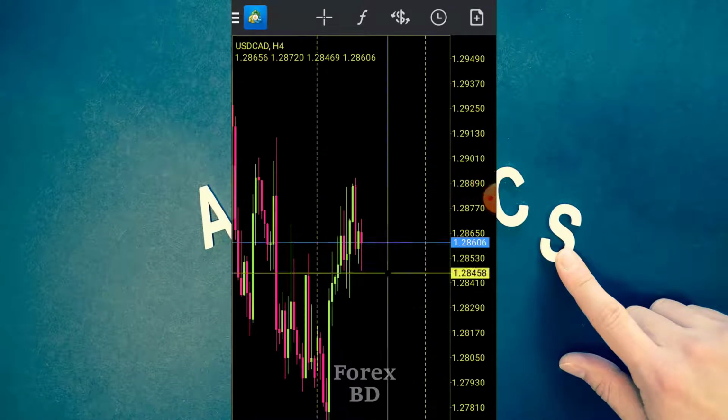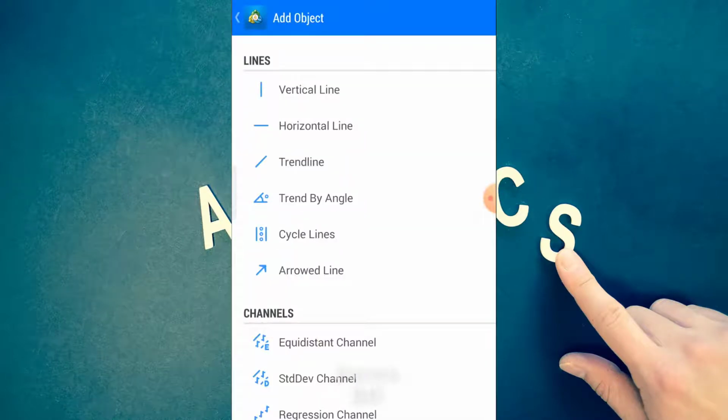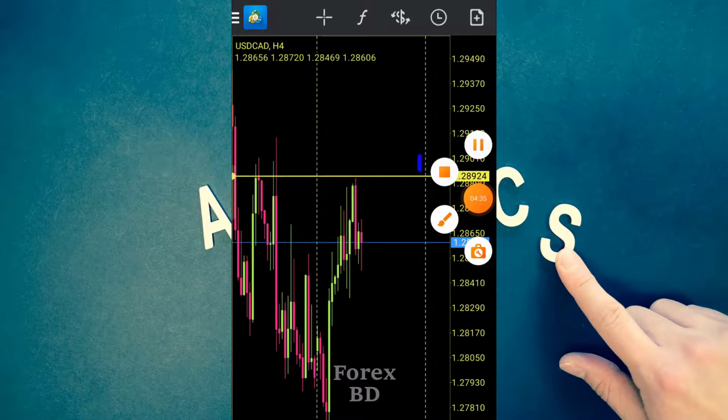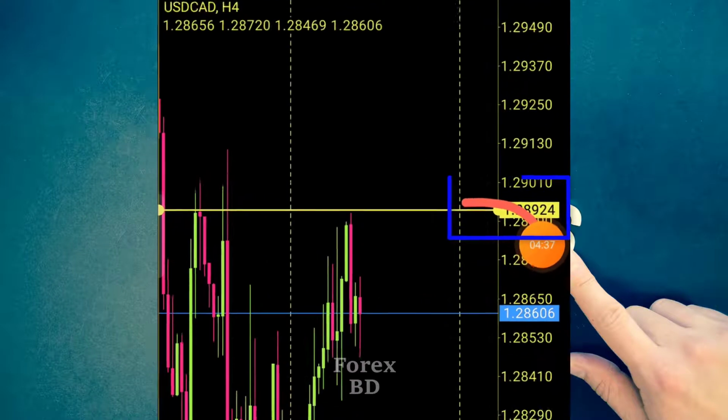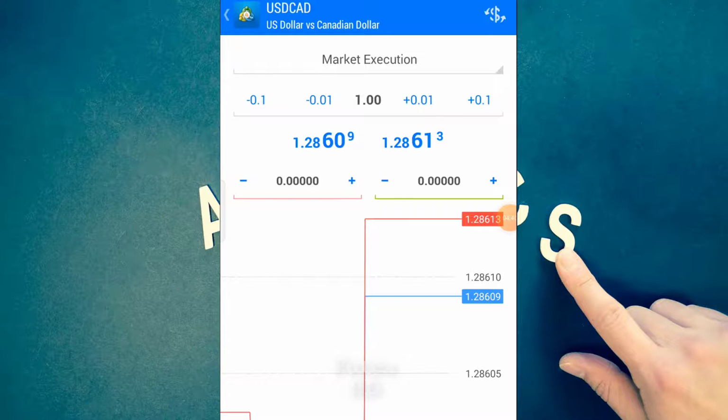In one entry, we show you how to use it and set up SL and TP. Here we have drawn a resistance level. Now expect the market to rise up to this level and then go downtrend again. Now without waiting, we will see at what price this resistance level is located. Next to the resistance is its price. We will write this price in the sell limit option.